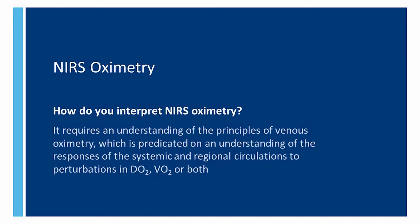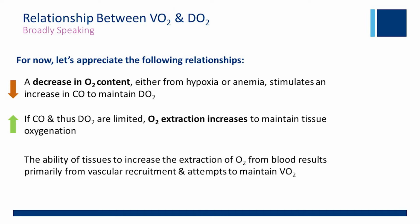understanding of the responses of the systemic and regional circulations to perturbations in oxygen delivery, DO2, and oxygen consumption, VO2, or both. Let's broadly review the relationship between oxygen consumption and delivery. A decrease in oxygen content, either from hypoxia or anemia, stimulates an increase in cardiac output to maintain oxygen delivery. If cardiac output and thus oxygen delivery are limited, oxygen extraction increases in order to maintain oxygen availability and tissue